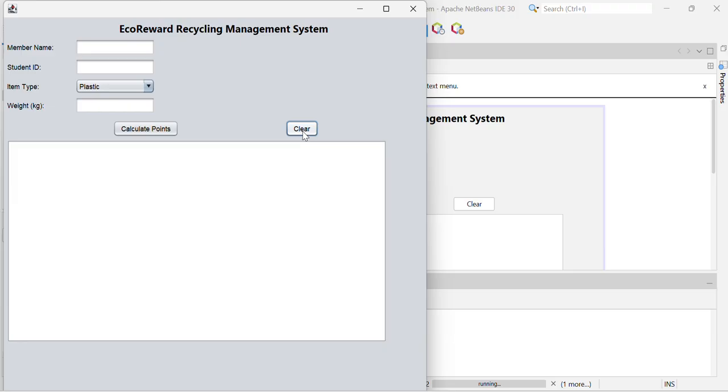We will do the final test for a higher reward tier. We input a member recycling 15 kilograms of metal cans. Since metal has a high point rate, I will enter, for example, Sarah. The student ID is S102. And we will click on metal can. The weight I will enter is 15 kilograms. So when I click calculate points,